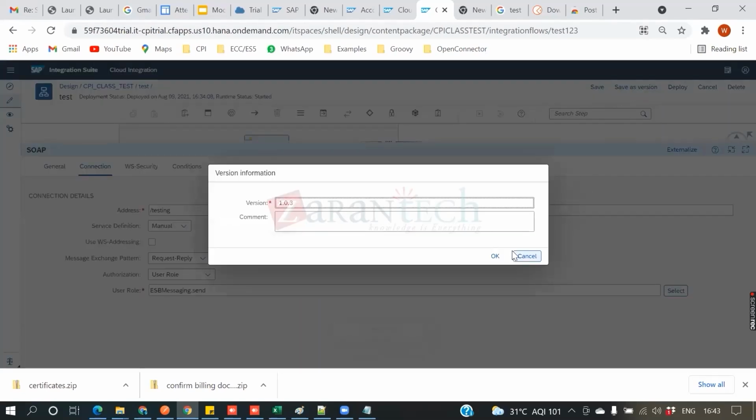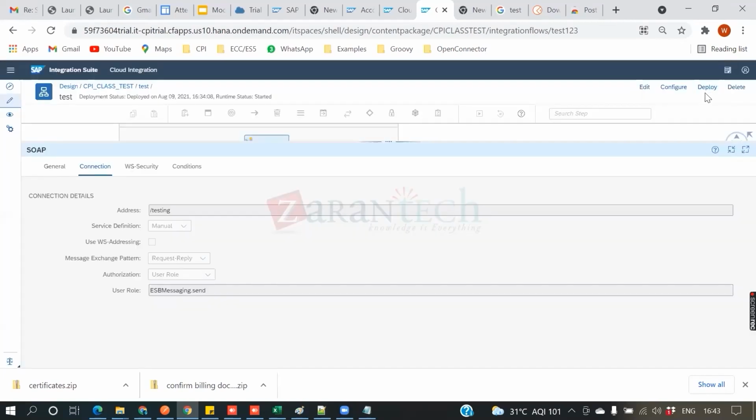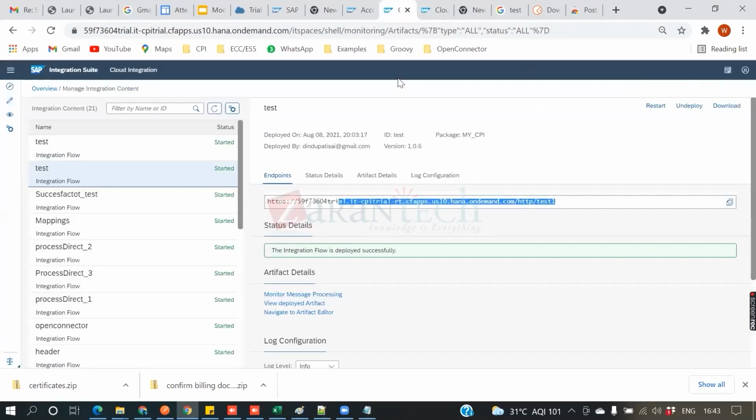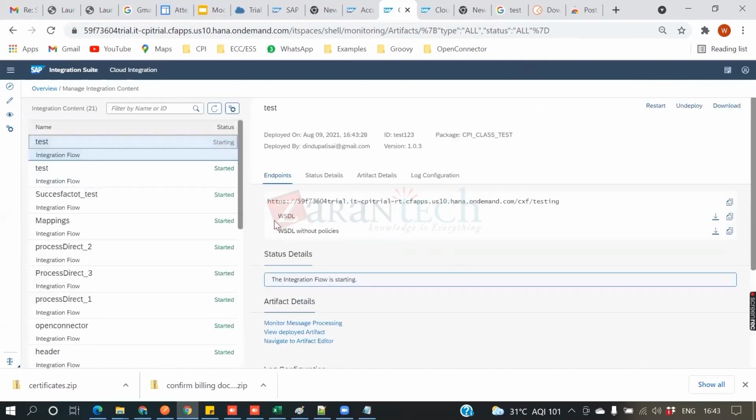Okay, I'll save as version and deploy. So if you see here, I can see the WSDL without policies and WSDL. Now, if you want to use this with Postman, then you can do that. Simply click on this and download this. You can upload that WSDL. So this definition will be downloaded and we have to upload the same definition in Postman and try to